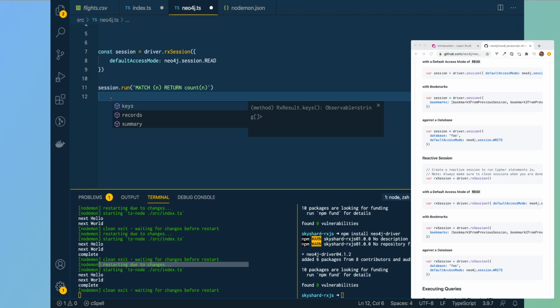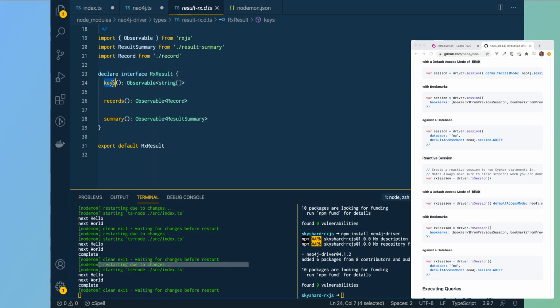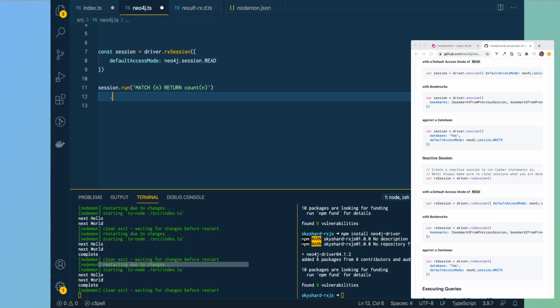So normally you would have a .then. So this will return an Rx result. So we'll take a look at the Rx result. It gives us keys, function, records, and summary. These all give us observables. Sorry. So basically, we want the records. If we call .records, then this produces an observable, which has basically one for each record. So we'll get one record in the stream,